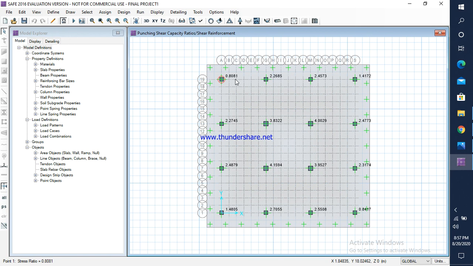Here we can see that for some of the columns, punching shear is not less than 1. Our motto is to make the punching shear less than 1. So